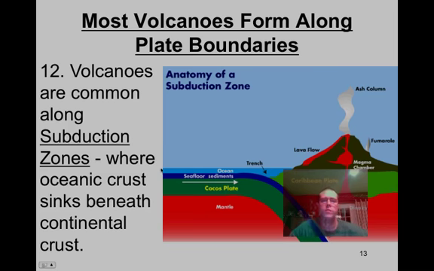Okay, so most volcanoes form along plate boundaries. Number 12, they are very common along subduction zones. In fact, this is where we get our strongest earthquakes too. But subduction zones are where oceanic crust is sinking beneath continental crust because the oceanic crust is more dense than